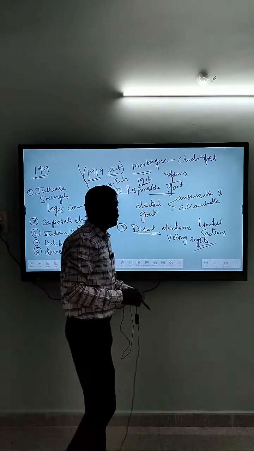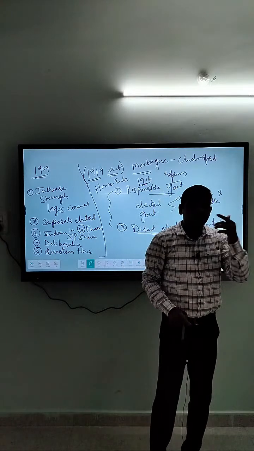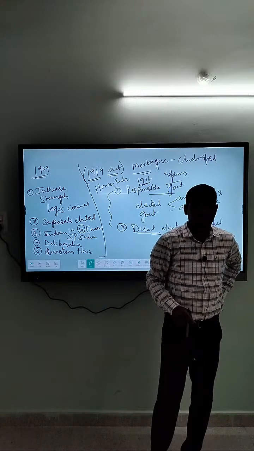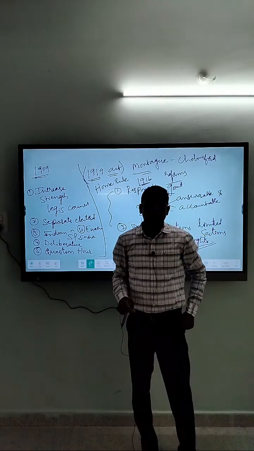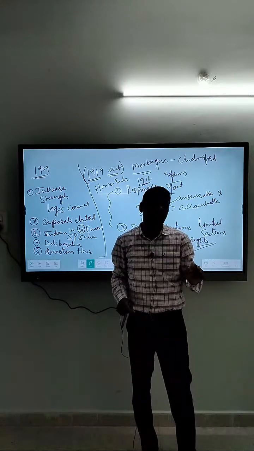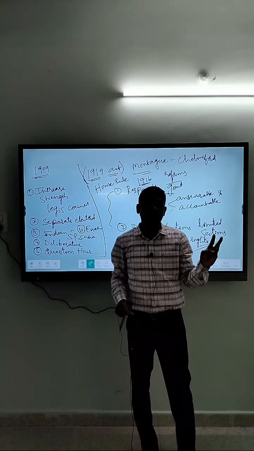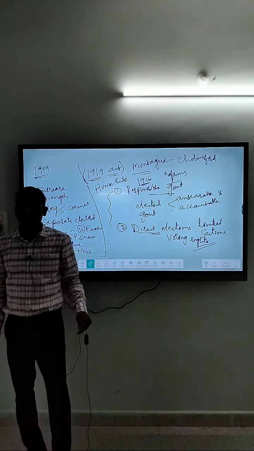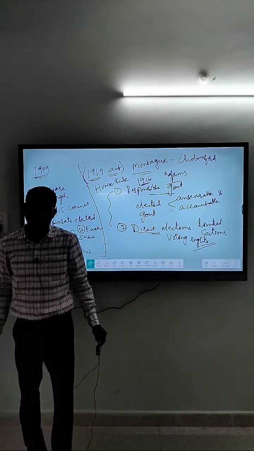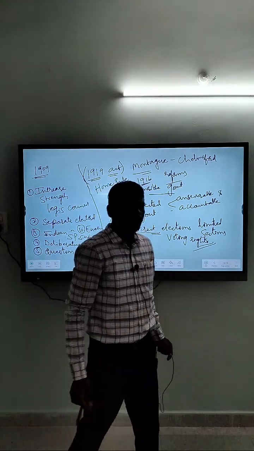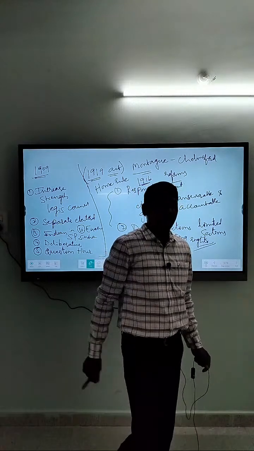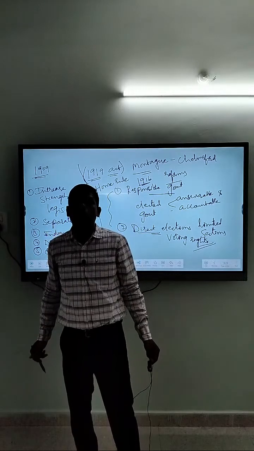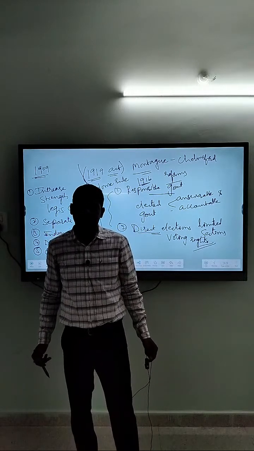It is just because of the impact of this Home Rule movement, which was organized by Annie Besant. So we have two important personalities, one is Tilak, the other one is Annie Besant. Tilak was the first person to launch the Home Rule movement in April 1916, and by August 1916, Annie Besant launched the Home Rule movement, where the major demand is Swaraj, self-rule.